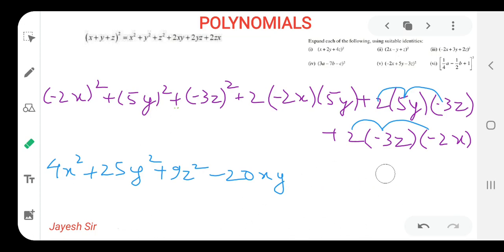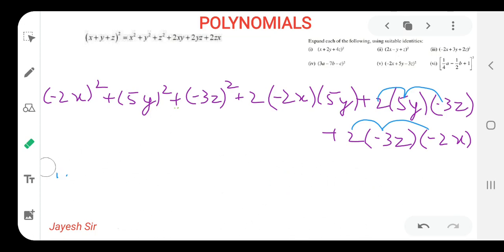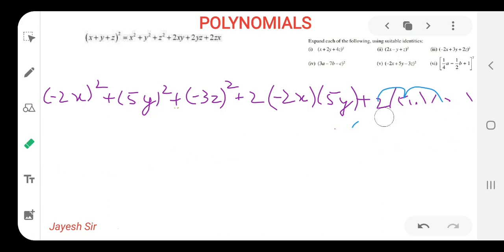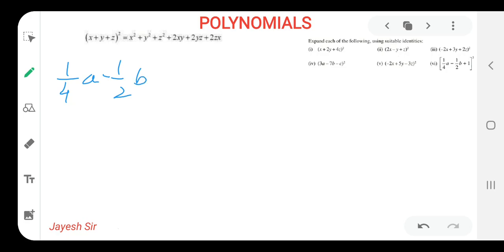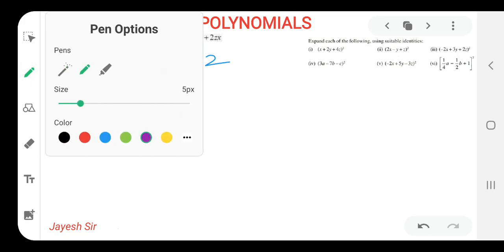And that's the last sum for the day. It is a little bit different from the other sums. It is not different, but after seeing such big sums, you might be feeling that it is something difficult, but it is not difficult. We have to just follow the basic steps as I already told you. It is 1 by 4a minus 1 by 2b plus 1. Yes friends, this is the same. We have to just relate it with our question.